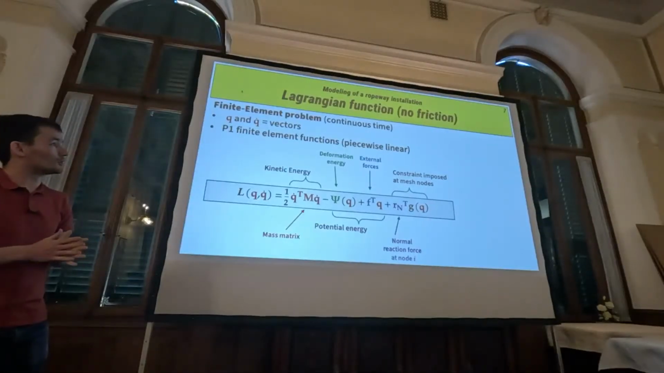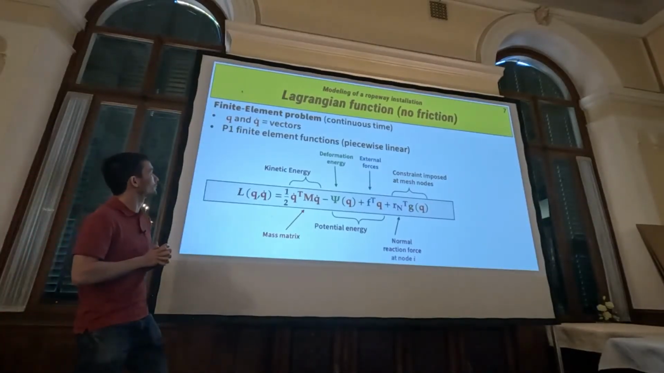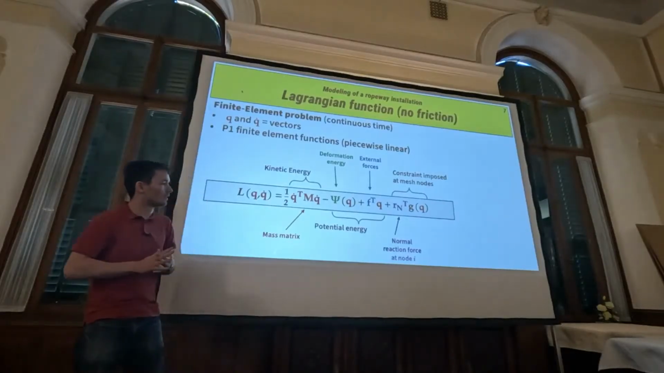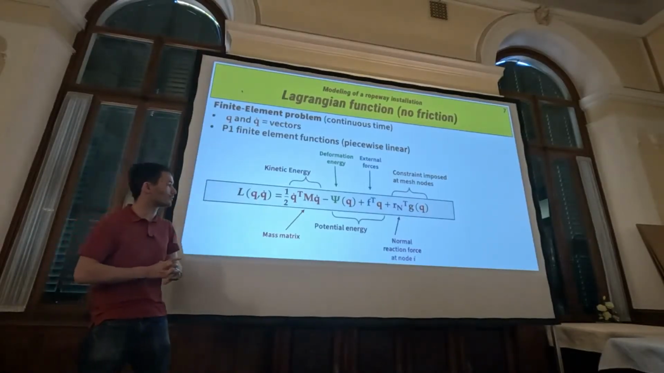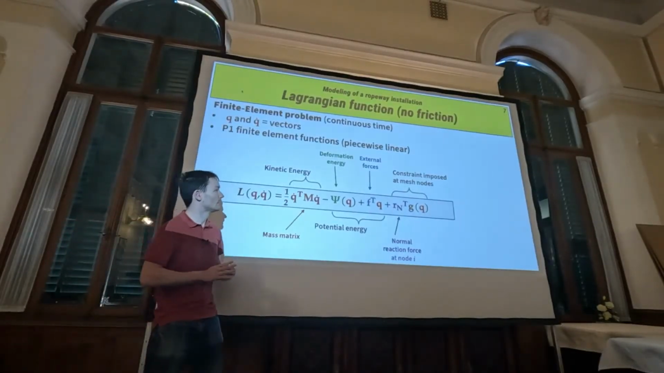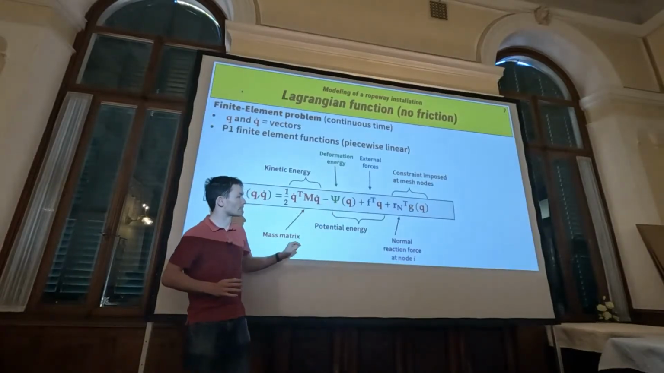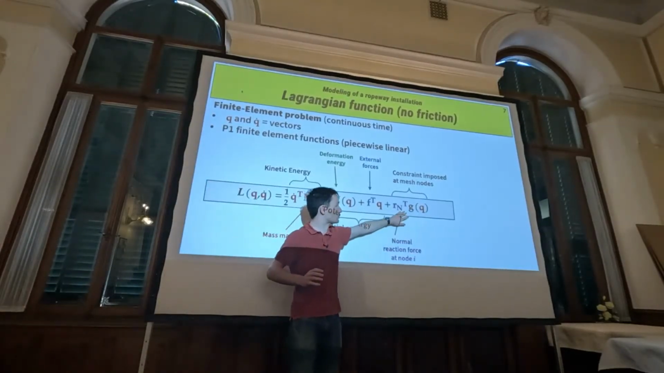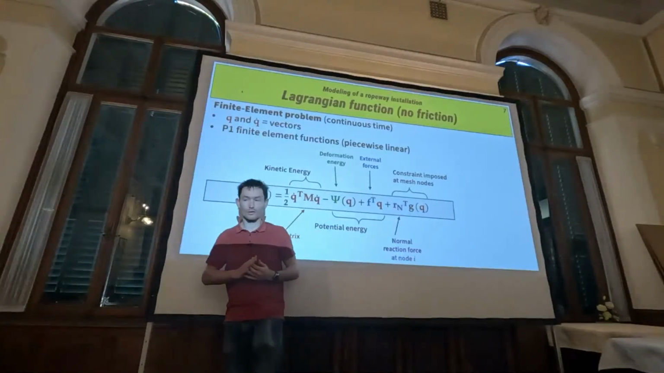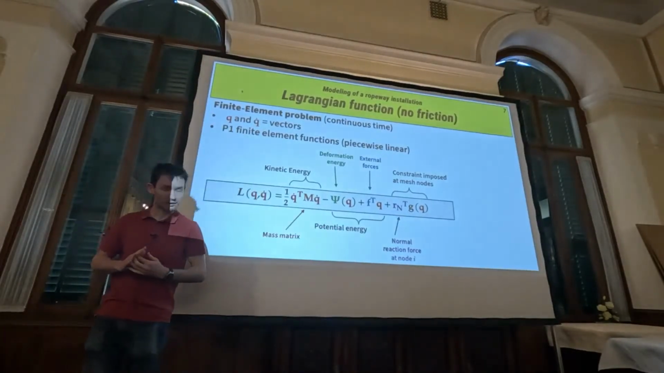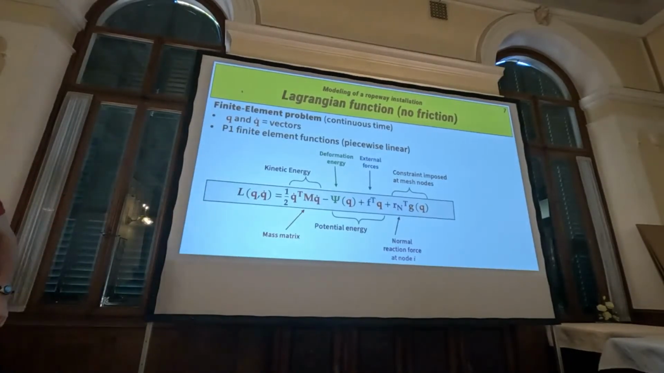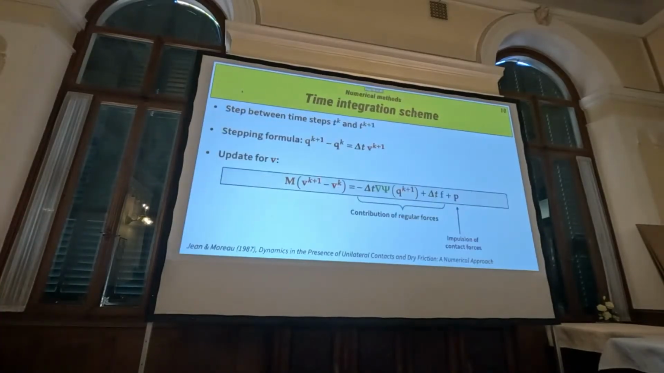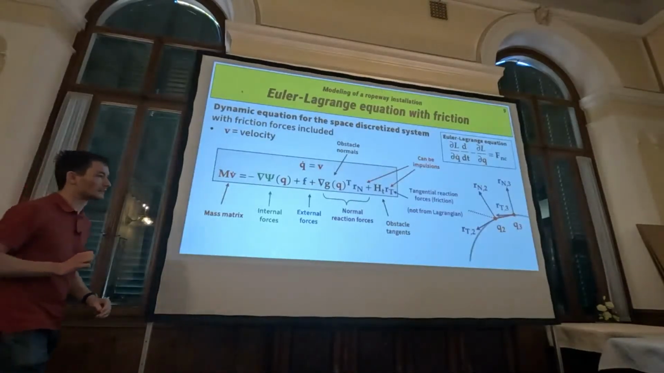Let us have a look at the cable model. The position is denoted by Q, and this is the Lagrangian function for the cable, including kinetic energy, the global deformation energy, the energy due to external forces, and one term due to the normal reaction. We have no friction for now in this Lagrangian function. And I would add that the contact constraint is a